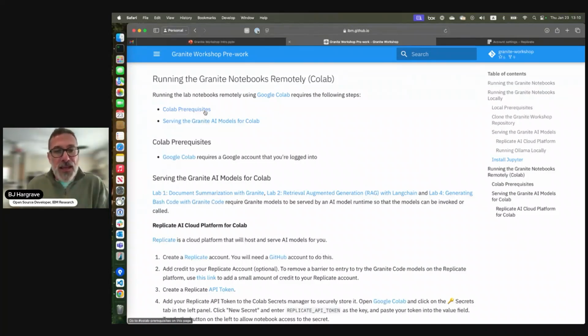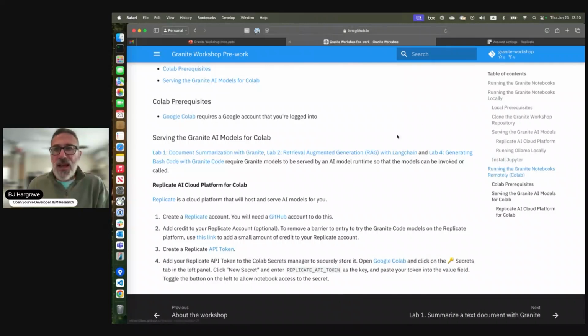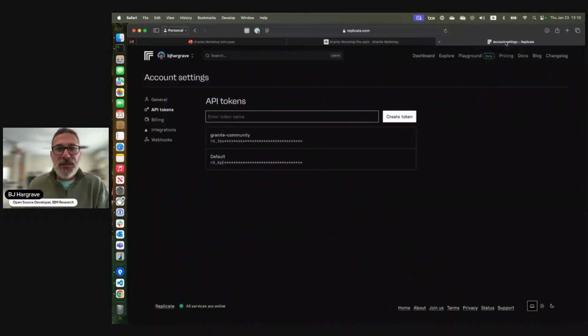To use Replicate, you need a GitHub account to do that. So it uses GitHub to authenticate with you. So I've got a Google account, I've got a Replicate account, but it's pretty straightforward to set up. If you just go to replicate.com, it'll ask you to log in with your Google credentials, and then you can